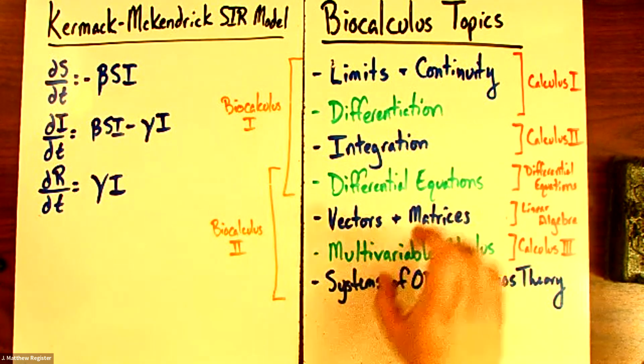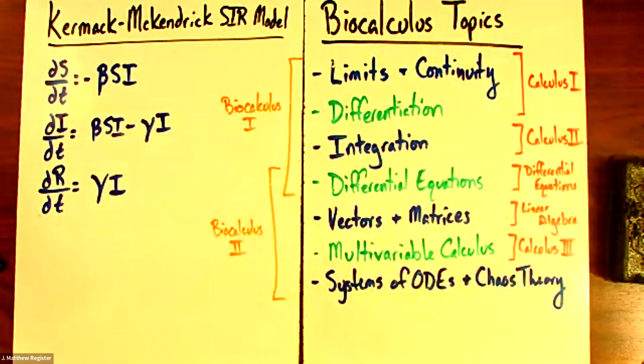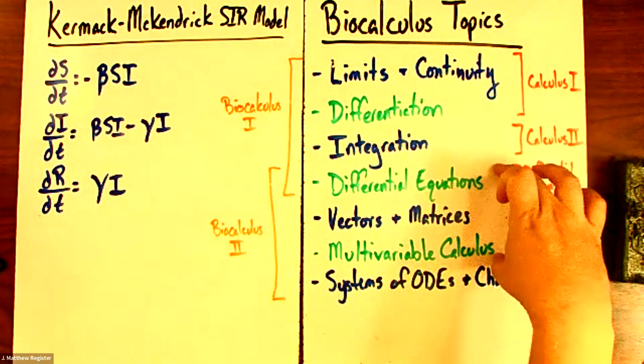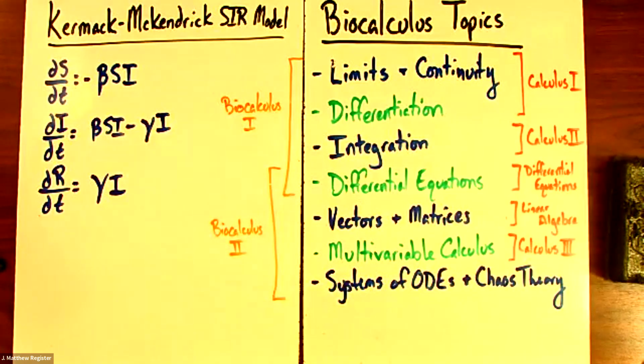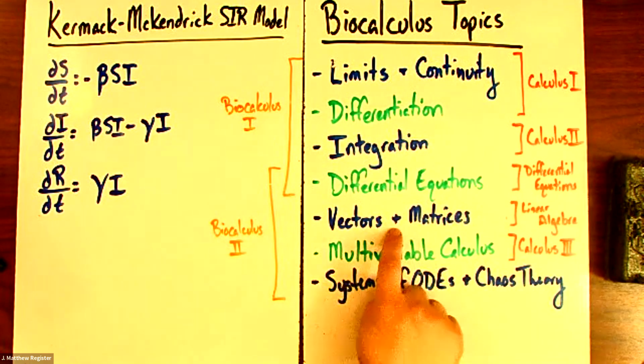Multivariable calculus then takes these first 3, limits and continuity, differentiation, and integration, and introduces how to do them in higher dimensions. So when you are dealing with multiple populations, how do you do calculus? And then finally, systems of ordinary differential equations and chaos theory takes these previous 3 topics and kind of glues them together. And so systems of ordinary differential equations, in order to do this, we're going to need to have vectors and matrices to